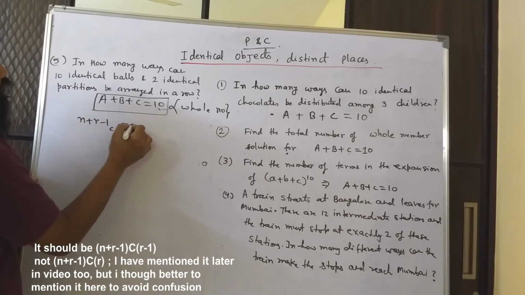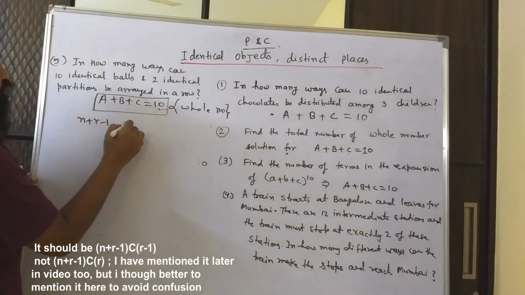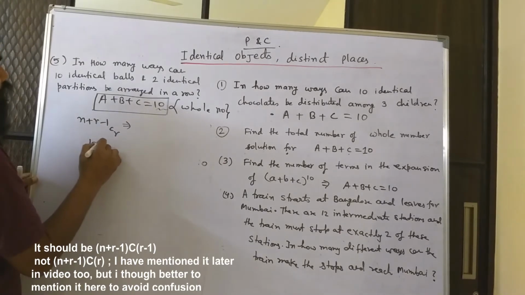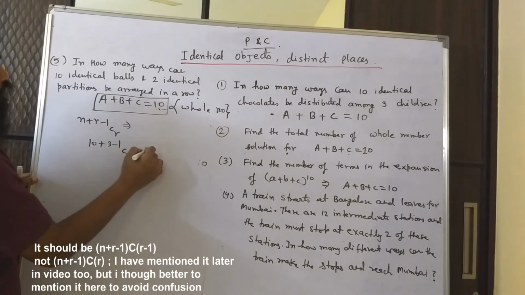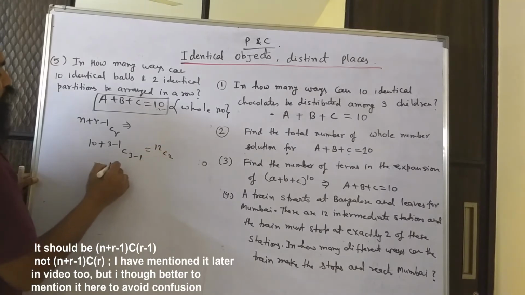So in this case n will be 10 and r will be 3. So the answer for this question will be (10 plus 3 minus 1) C (3 minus 1), which is 12 C 2,